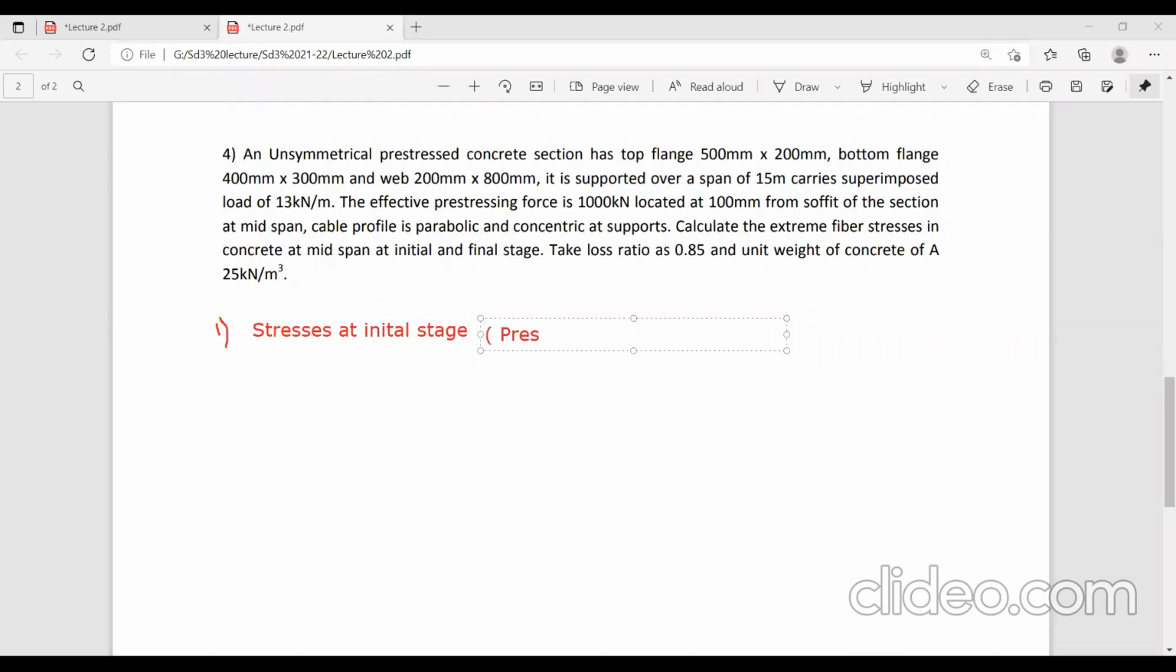It is pre-stress plus self-weight. We consider pre-stress plus self-weight only. So for that formula,